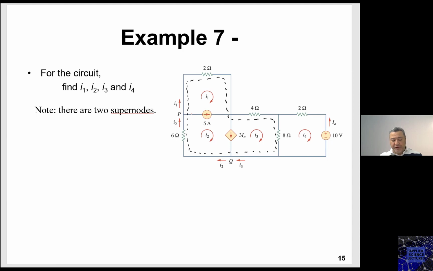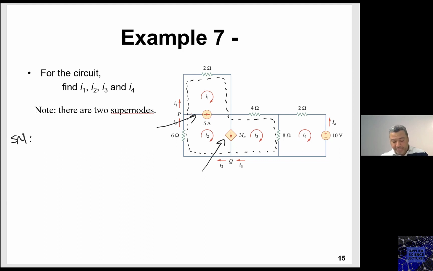right? You need to write one equation. You can eliminate this one, eliminate this one, and write the super mesh equation for those three meshes that are merged. Keep in mind that I1 is only for the 2, I2 for the 6, and I3 for the 4 and for the 8. So if you want to write the super mesh equation,